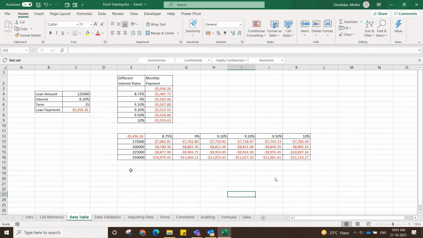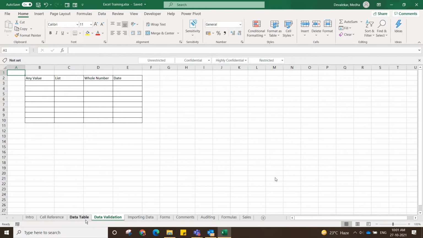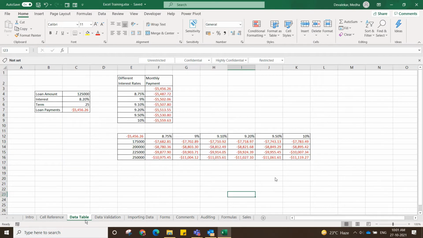So now the next topic is data validation. Do you know any kind of validation? You must have filled some forms. Wherever, if you want to open a Facebook account, you also need to fill a form, right? I am sure you all have a Facebook account or Instagram account. So while creating that account, you fill one form. How do you fill that form? Are there any rules?